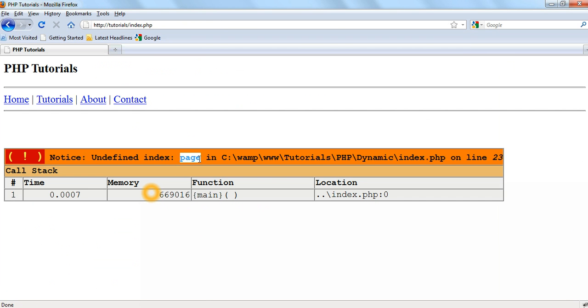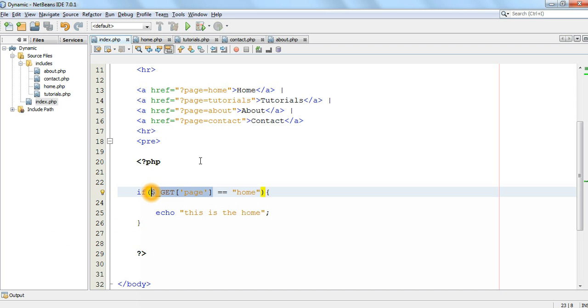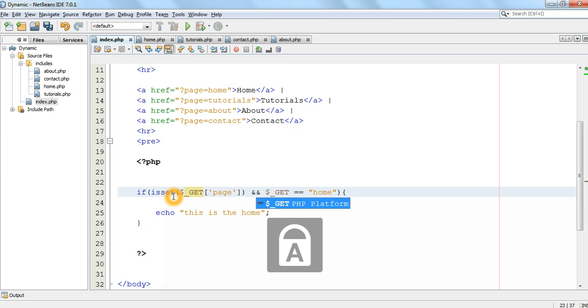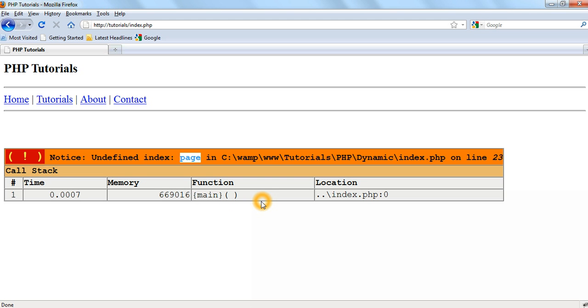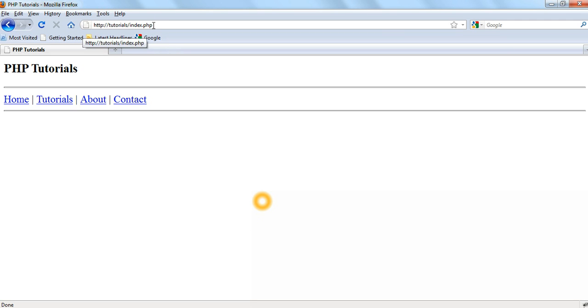Okay, now we're getting an error message on this because it's undefined. All right, there are ways of sorting this out through your ini settings, but if isset GET page is equal to home. Alright, this just means that basically this one has to be true first of all for it to proceed past the double ampersand. So let's come to here now, and we don't get an error because we're not getting anything because the page is not set. Right, so now let's click on home, and as you can see, this is the home. Alright, nice and simple. We click on tutorials and we get page equals tutorials. We're testing for equality, if page is equal to home, returns false, therefore